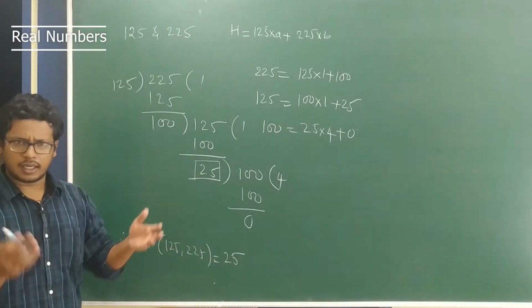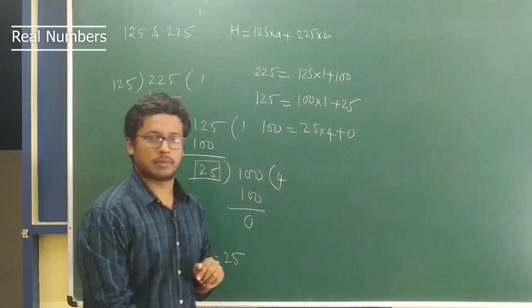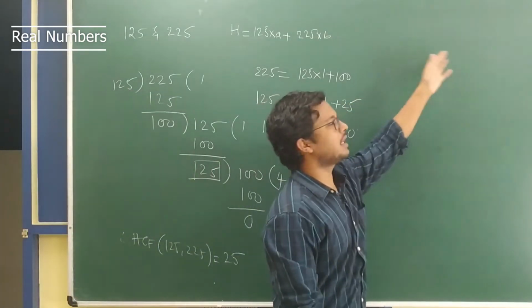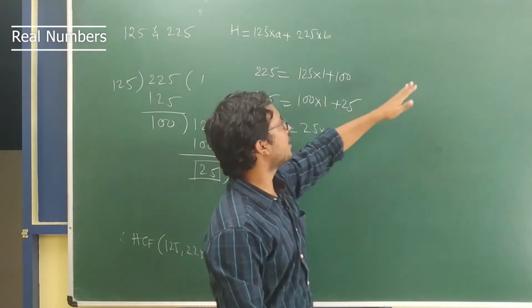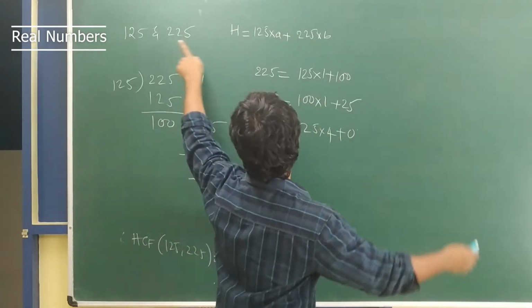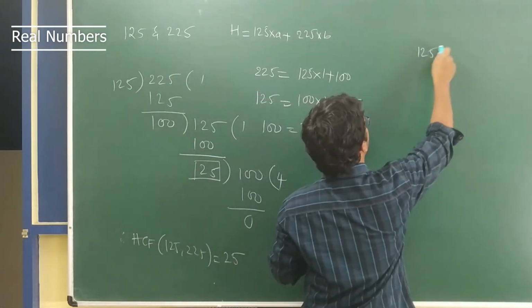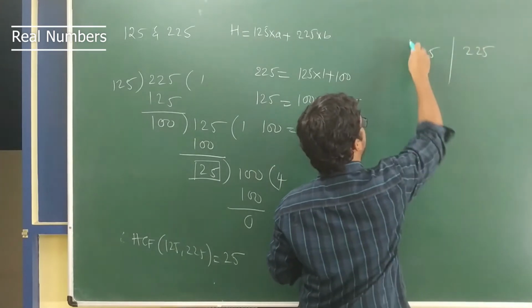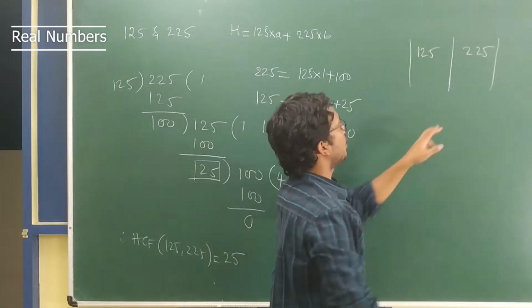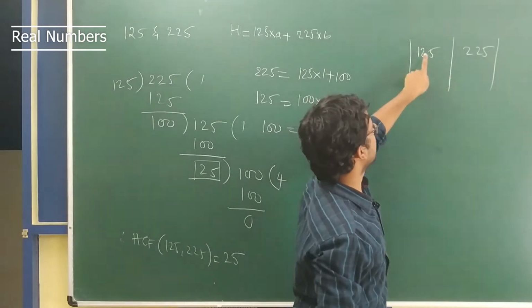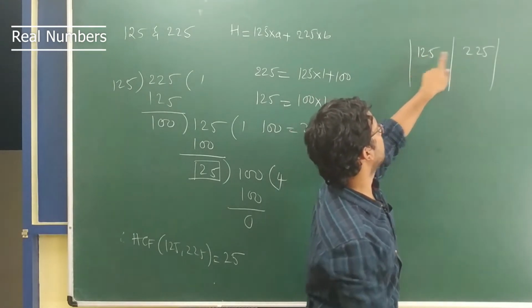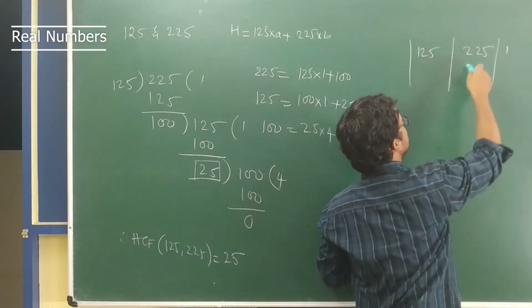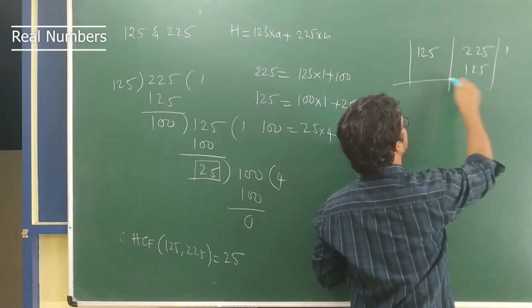Alright, for our learning purpose we will do it even by the table method. While writing the table method, you can write it in any order, it does not matter, but you start off with the smaller number. For example, you start off with 125 and 225. You always express the bigger number first in terms of the smaller number. So you divide 225 by 125. So 125 ones are 125. So the remainder is